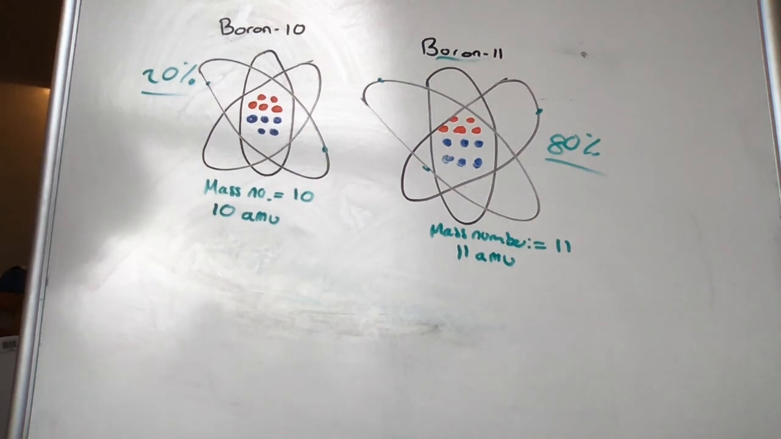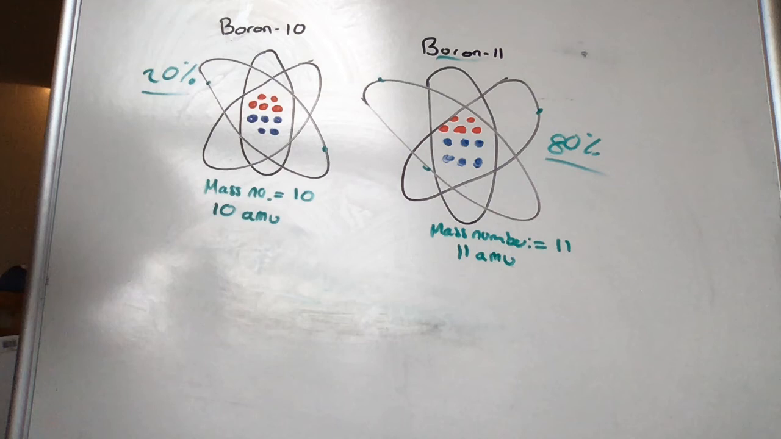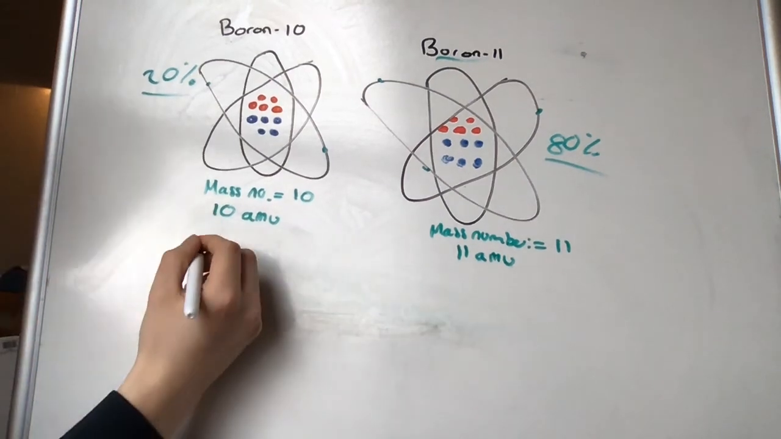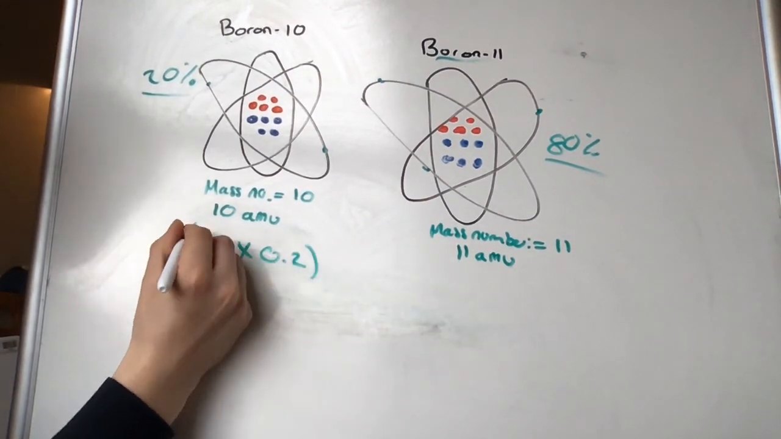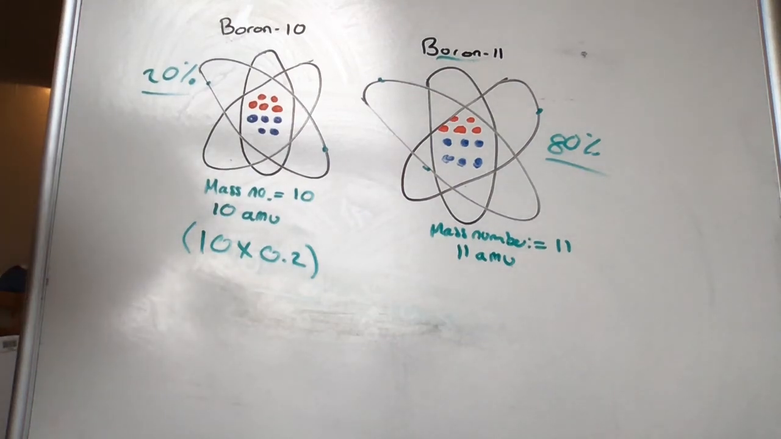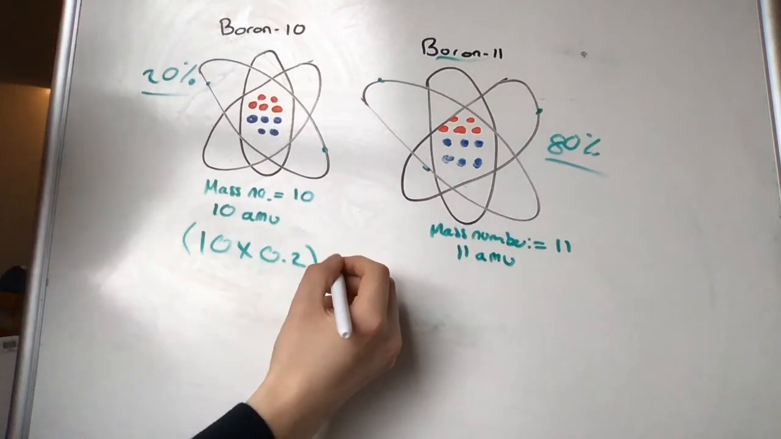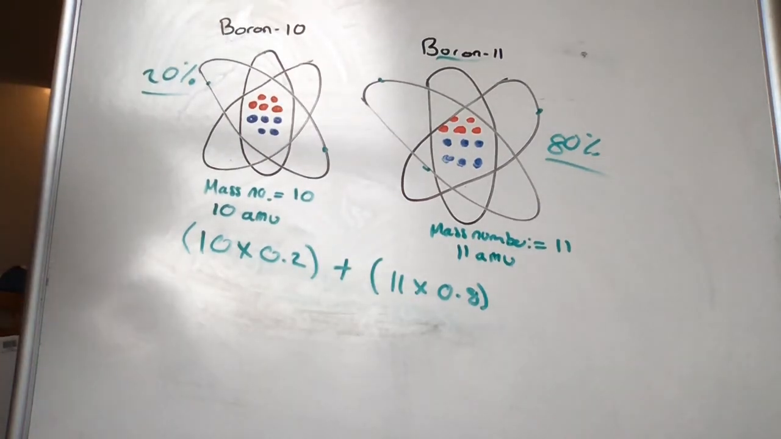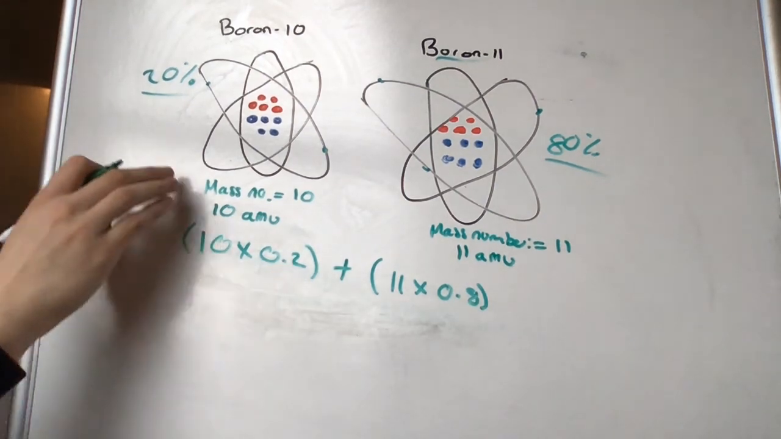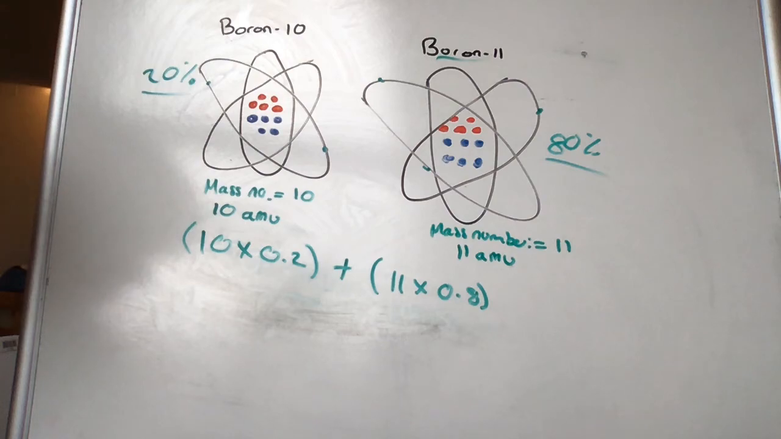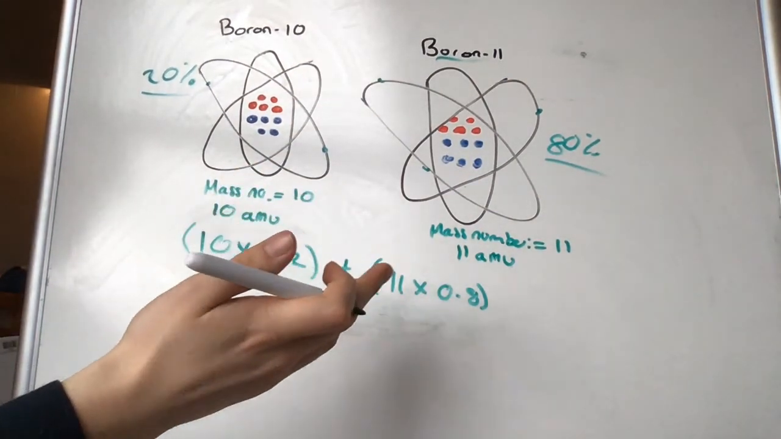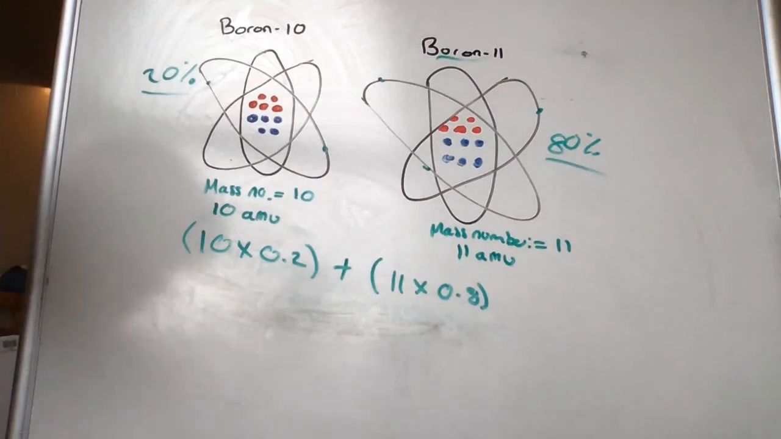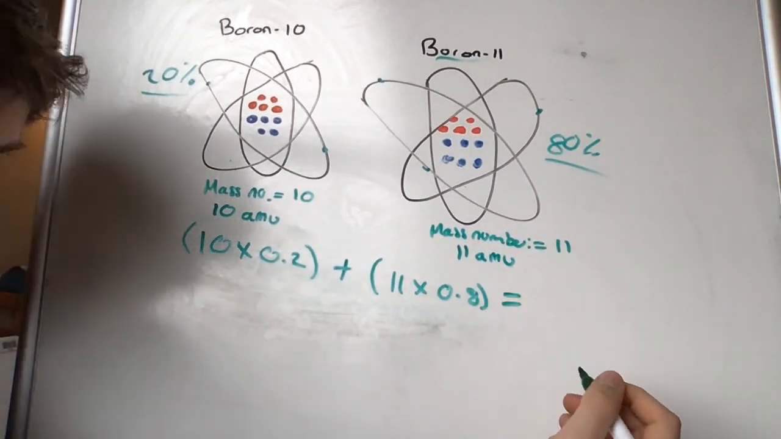We take the fact that there are 20% boron 10 atoms that weigh about 10 AMU each. So 20% times 10 AMU, so 10 times 0.2. And we add that to 80% times 11 AMU, so 11 times 0.8. When we do the maths, we have to convert the percentages into decimals. That's why we've got 0.2 and 0.8 in this equation, because 20% as a decimal is 0.2 and 80% as a decimal is 0.8. Now completing this equation would give us 10.8